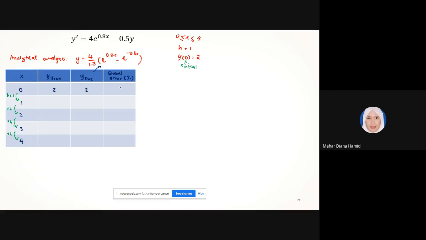And then the global error. Remember that the global error is actually the modulus of the true value of y minus the HEUN'S value of y, divided by the true value of y, times 100%. So in this case, it would be equal to 0, which means that it's similar to the true y value. For the second step, which is at x equals 1,